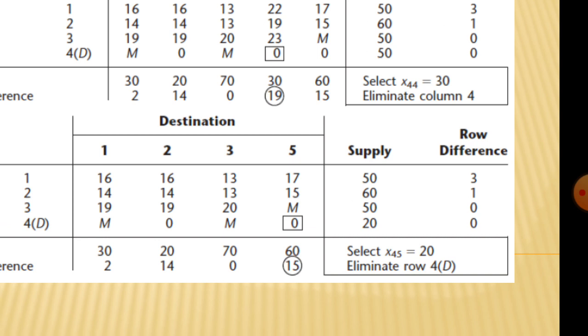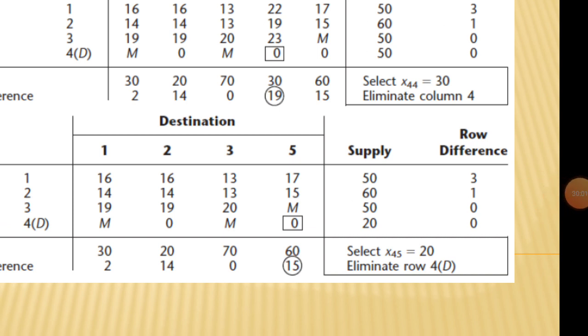Now what we have to do? In the fourth column, the highest penalty is available. What is the cost? It is 0. Now again, for this we have to assign the maximum. What is available? Supply is 20 and availability is 60. Maximum you have to assign. You repeat the process again and again until all the satisfaction comes. The supply should be equal to demand, already satisfied in the matrix, and you find out the total cost.